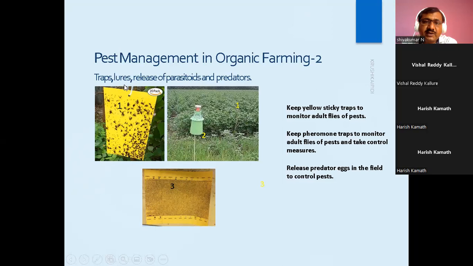This is also like an indicator. If you use some trap lures in the field, you can monitor how much pest damage is there. These traps are available at a very cheap rate, even 10 rupees, 20 rupees you will get. If you install some 10 to 15 traps in your field, you can easily get what type of pests are attacking your crop.